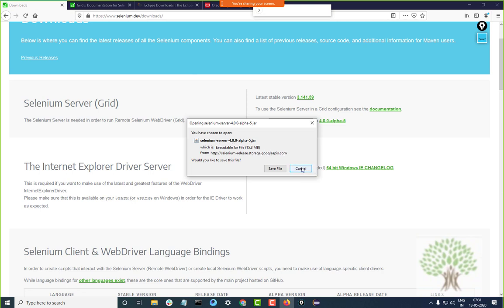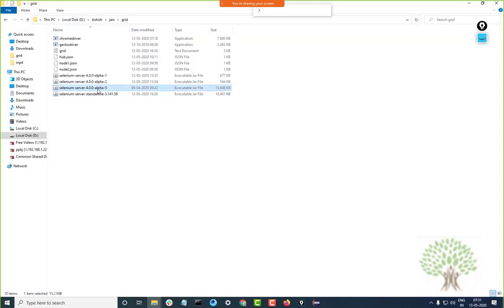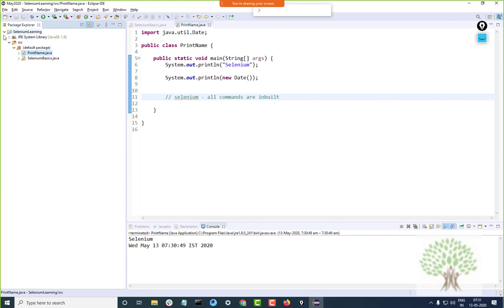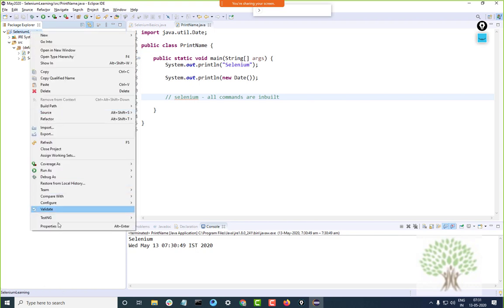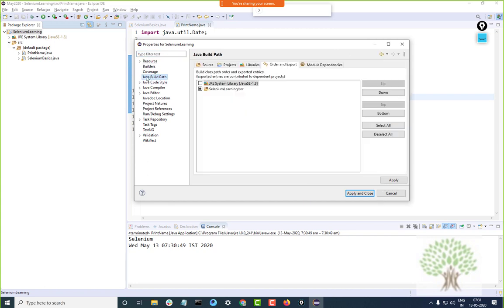A jar file like I have on my PC. This is the jar file which has been downloaded. This jar has got all the features. If I go to my project and include this jar in the project, there is no special way. You just have to right click on the project, go to the properties, go to the Java Build Path option, the fourth one from the top.